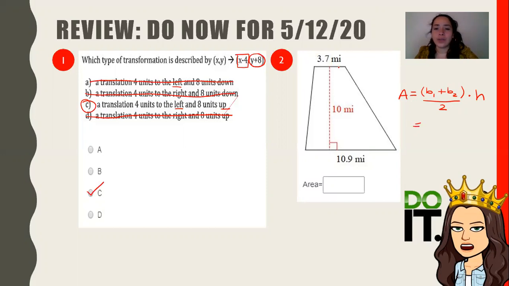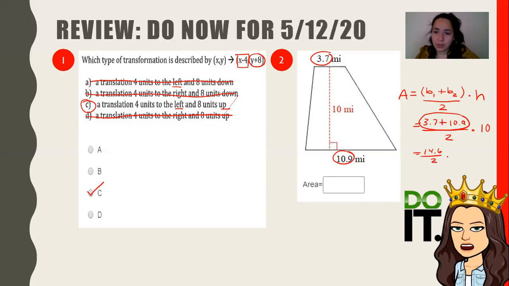So we're going to go ahead and take our first base, add that to our second base, divide that by 2, and then multiply that by our height, which is 10. So what can I solve right away? Well, I know that 3.7 plus 10.9 is something I can do. So I'm going to take my calculator. I'm going to add 3.7 plus 10.9. And that gives me